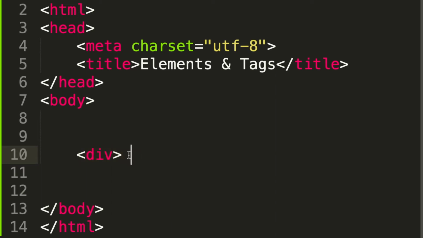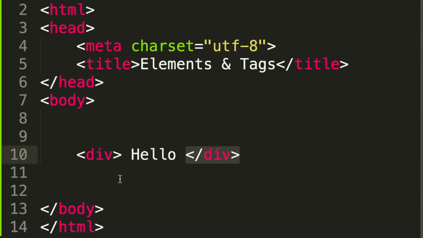After that you write your content and finish that up with an opening angle bracket, a slash, the same tag name that you put earlier, and then a closing angle bracket. And this whole thing here is our end tag. So in this example, this is called an opening div tag and this is called a closing div tag.